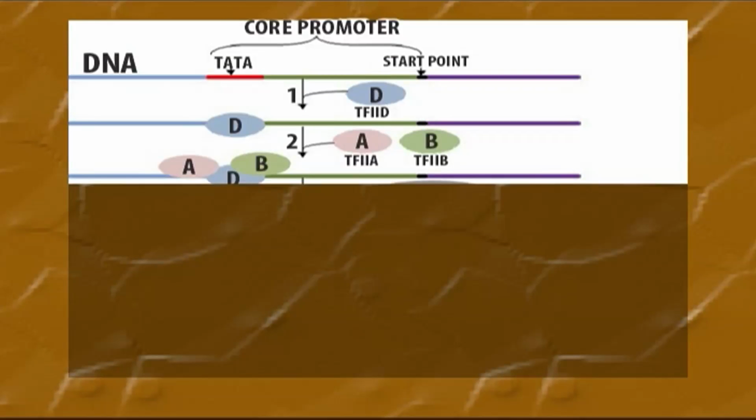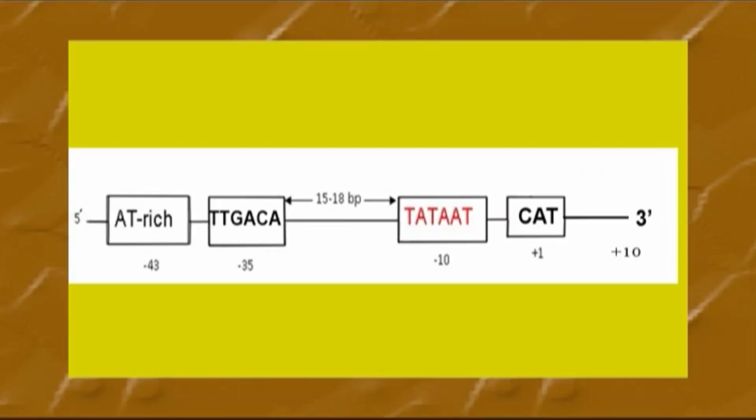Now, transcription factor 2A associates itself to the complex, further extending the protected region towards upstream up to -55 to -80 region. On the other hand, transcription factor 2B associates itself, protecting the region at -10 to +10. It binds to two strands in a non-symmetrical manner.